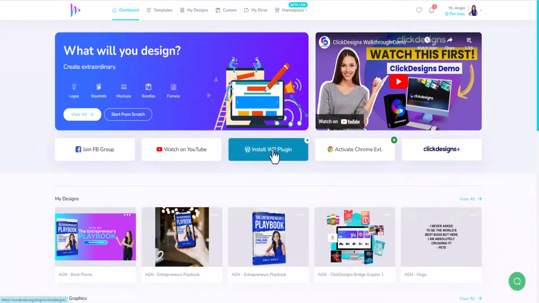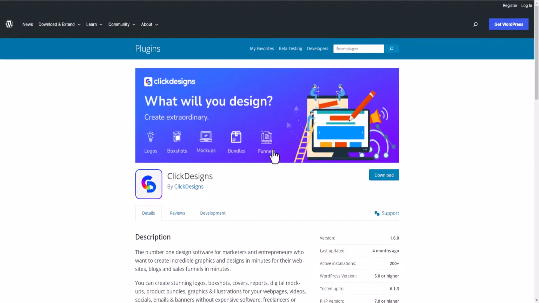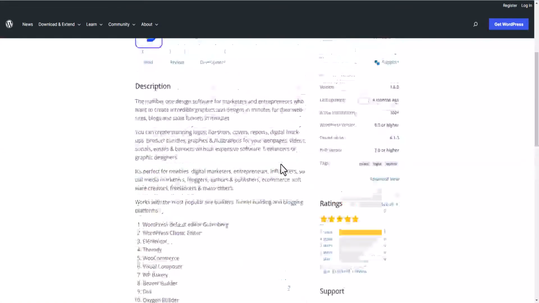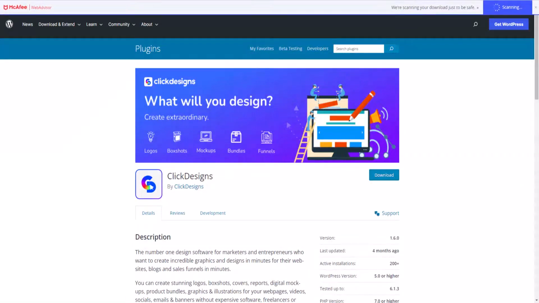There's a little download. You just click this button and you're going to see the pop-up. What's going to pop up is instructions on how to download, and I'm going to go ahead and click this download, and it's going to download a zip file. The zip file will be in your downloads folder. You can read this if you would like to see more about it. And then when inside your